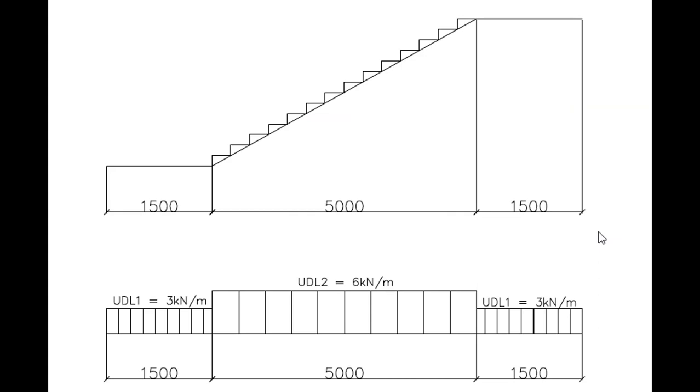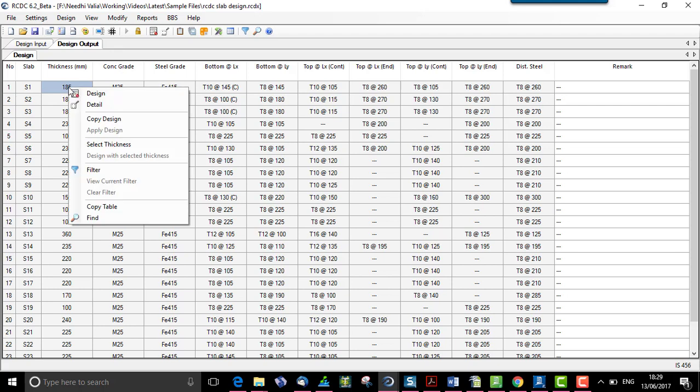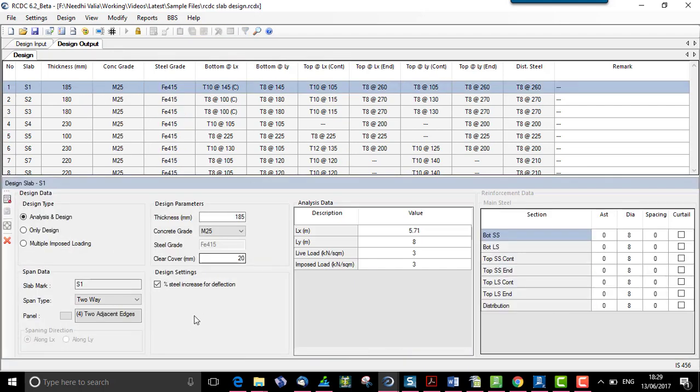So when we design a staircase, we have three slabs in short which we have to design. One is the starting slab, which can be a floor landing or a mid landing. Then we have the waist slab, and then we have another landing. So let us consider this as the staircase, and let us have three different UDL intensities on each of the slab. What we do is, let us go to the design of S1 slab.